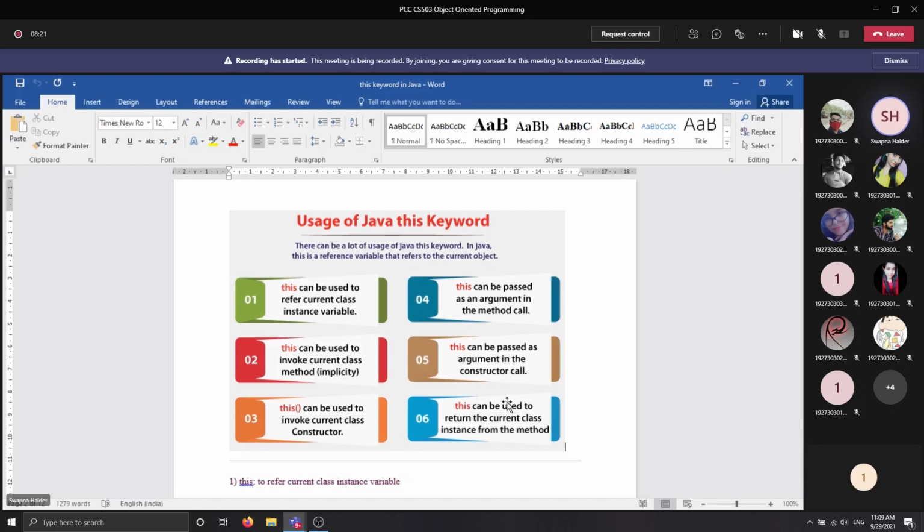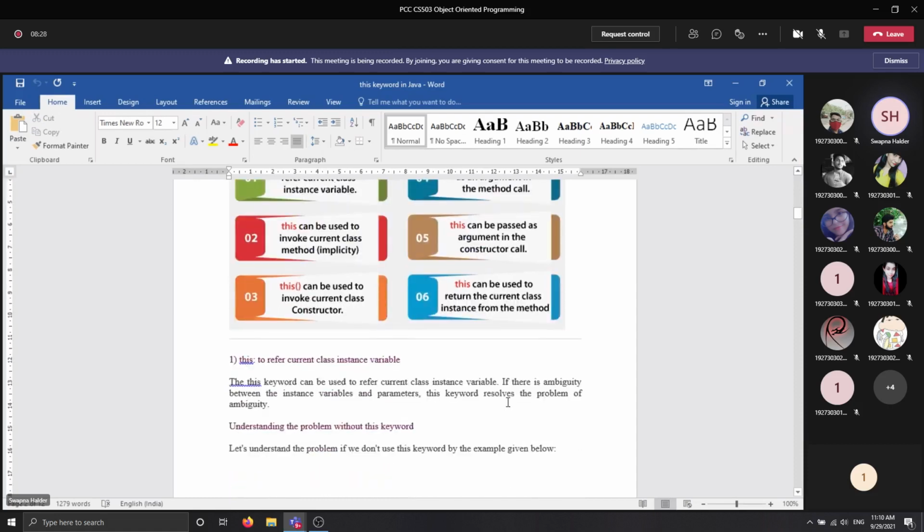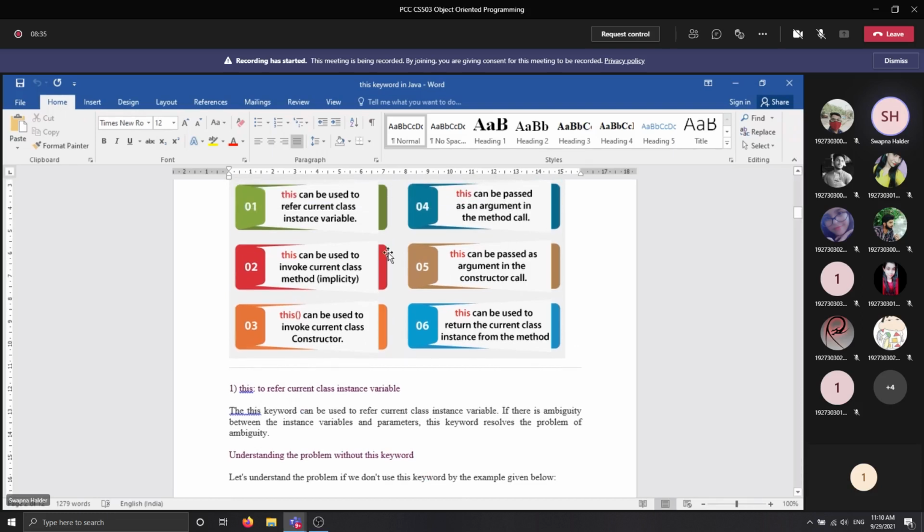Today you are not aware of event handling, that's why I am unable to make you understand the proper uses of this keyword. The remaining three uses are number 4, number 5, and number 6. But among the first three uses, two uses are already discussed with you. If you have any query or doubt regarding these two uses, you can also ask me. Any query? Okay, you don't have any query, so we'll move to the third one. Okay, go for the third point.